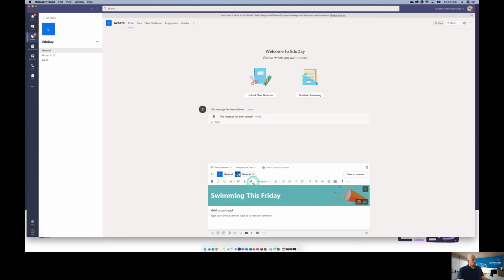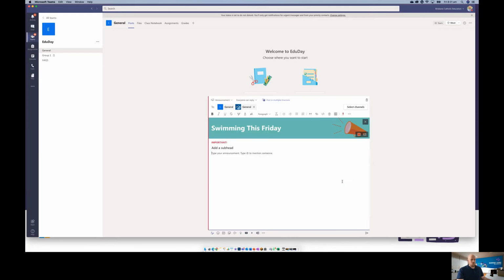We can manage text sizes, colorings. You want to use particular headings, indentations, all of the stuff that we're used to. We do have this little cool one here, which is if this is really important, I can click to make it important. So it comes up slightly different for the students, and with these red lines, they get the little exclamation mark next to their team, so they know that something here is important. And we have our undo and repeat options there.